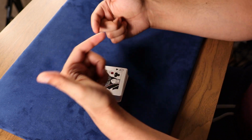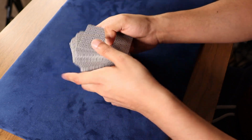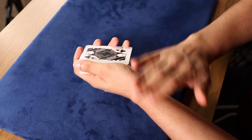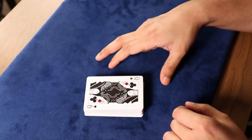And now, of course, you want to show the spectator the effect that the card has flipped over. And that was the whole reason, again, of why we spread through the cards like this, because then it's impossible for a card to flip over if all the cards were facing one direction and nothing happened since then. Okay, so once that happens, the spectator takes the deck and places it face up on